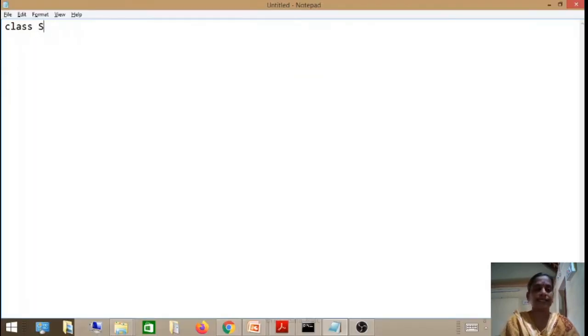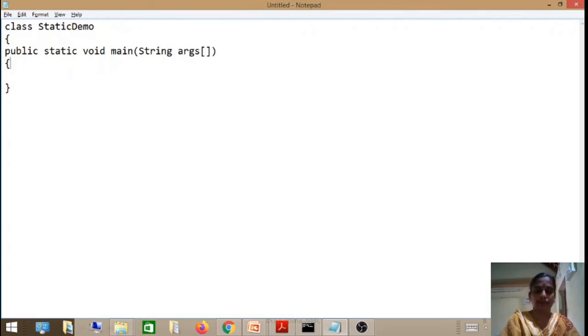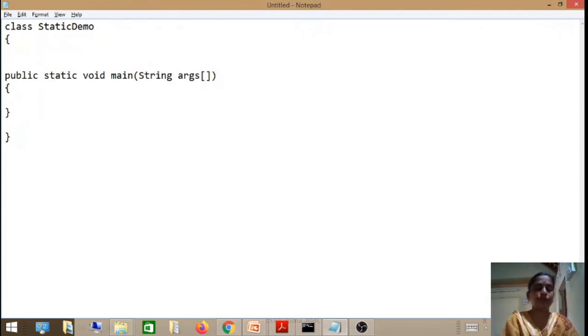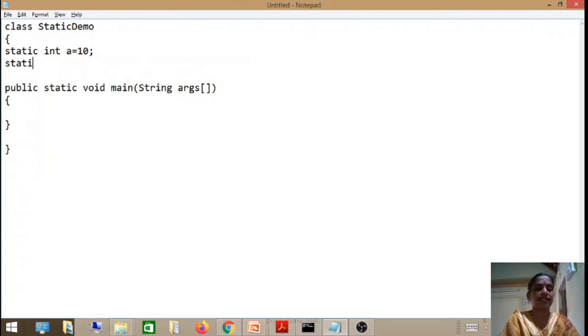Class StaticDemo. In this I am going to introduce the static method public static void main of String args. I am going to define two static variables: static int a equal to 10, static float b equal to 20.5.